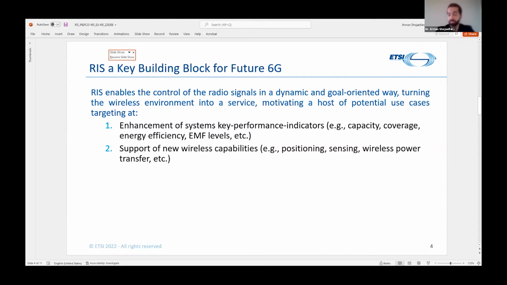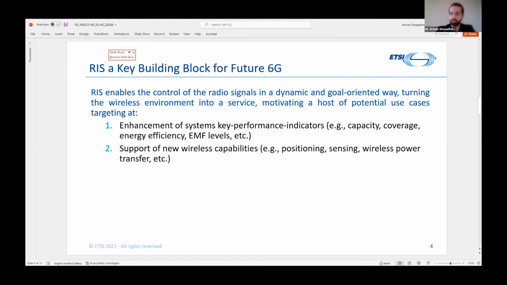And this would also mean that the RIS could be very important as far as sustainability requirements are concerned going forward. And RIS also has important synergies with other technology areas. For example, as was discussed in the previous session, RIS can be made to operate in frequency bands from sub-6 gigahertz all the way to sub-terahertz and then terahertz.